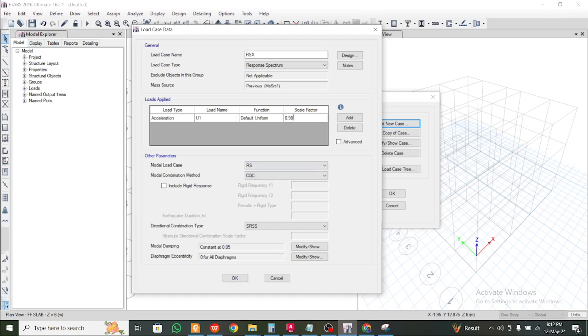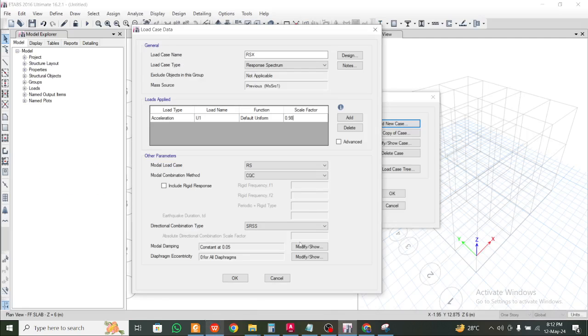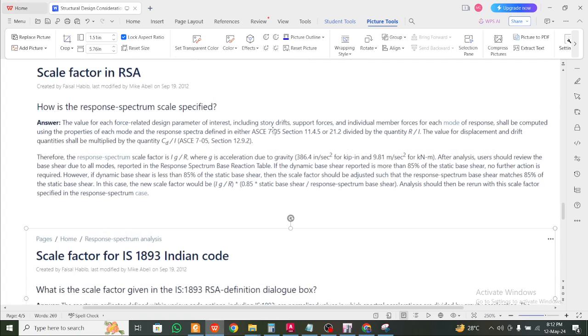and in our case, if we check that the dynamic response spectrum is less than the static response spectrum, then we multiply an additional amount to this scale factor. But basically, in the starting, your scale factor should be this, as per this Ig by... what is the formula here, Ig by 2R for the Indian code. Okay, so if you're following the American code, then you should go with this. I think this is Ig by R into this one. So